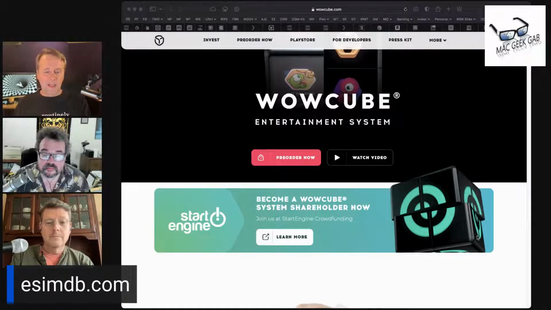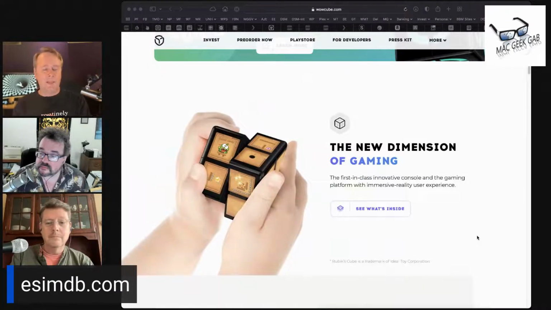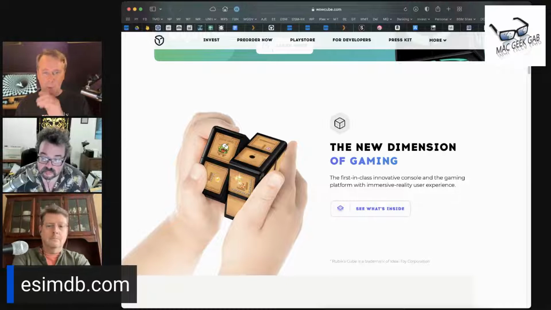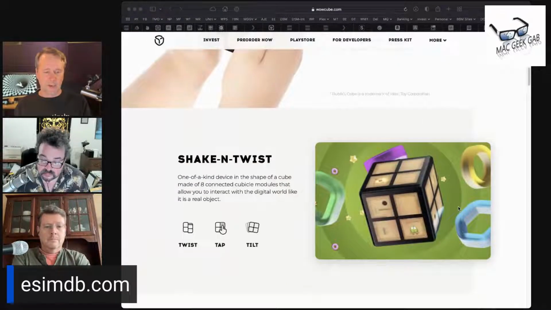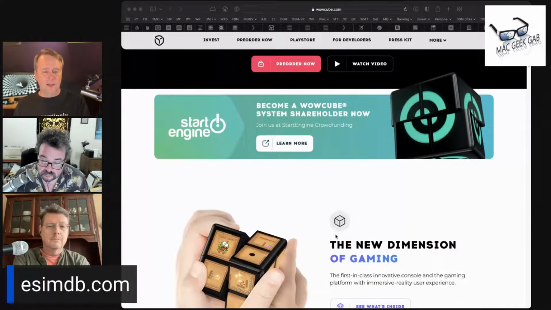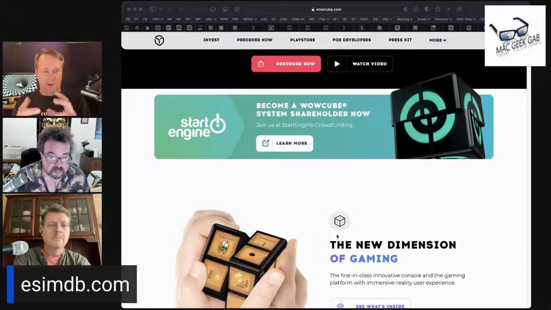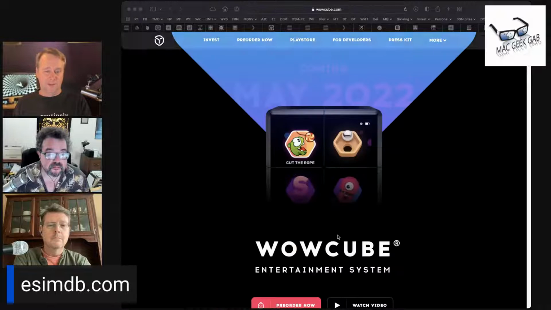I got to see these things being used. So the idea is it is 8 cubes that are connected together magnetically. Every cube is a corner, and it has 3 screens on it. You're going to want to go to wowcube.com to check this out or watch the MGG video to see how this thing works. But every corner piece is its own standalone computer with 3 screens. They have a bunch of magnets in there to connect things together, and you can use it like a Rubik's Cube. There is a game you can load on there that sets the colors right, and then you twist it around until you get them all the way you want them.